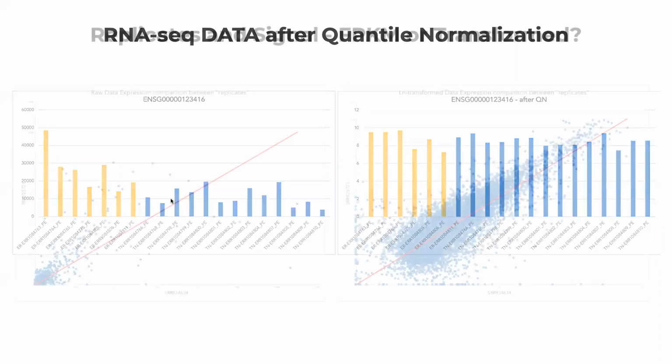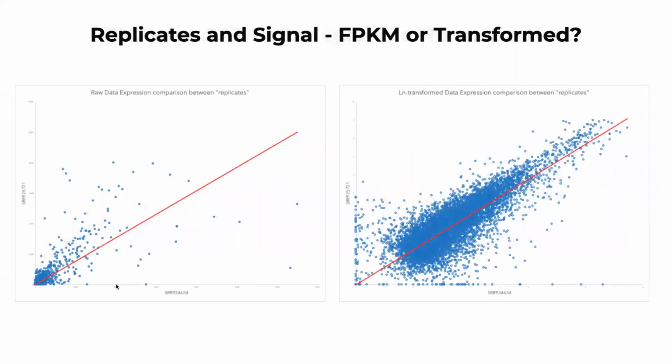Also, it's important when we want to compare what we talked about, correlation within the same group of samples. So here we have one sample in raw scale. Here's another sample, or two samples from the same group, right? And you can see the distribution of your values is going to be much better when you look at it this way.